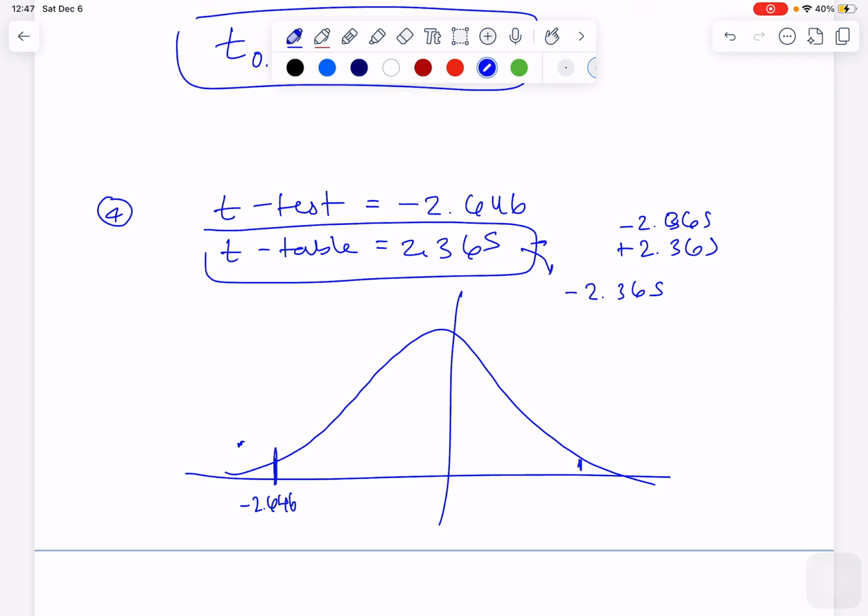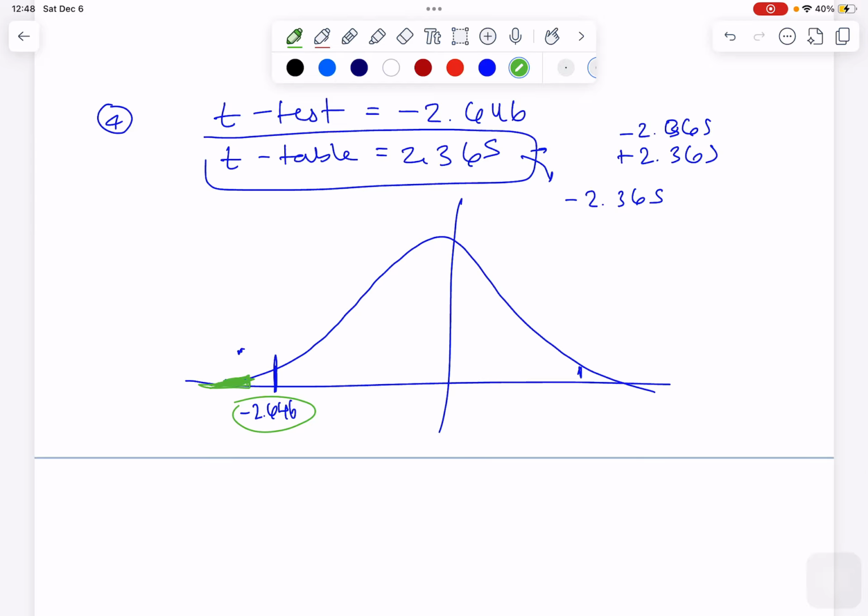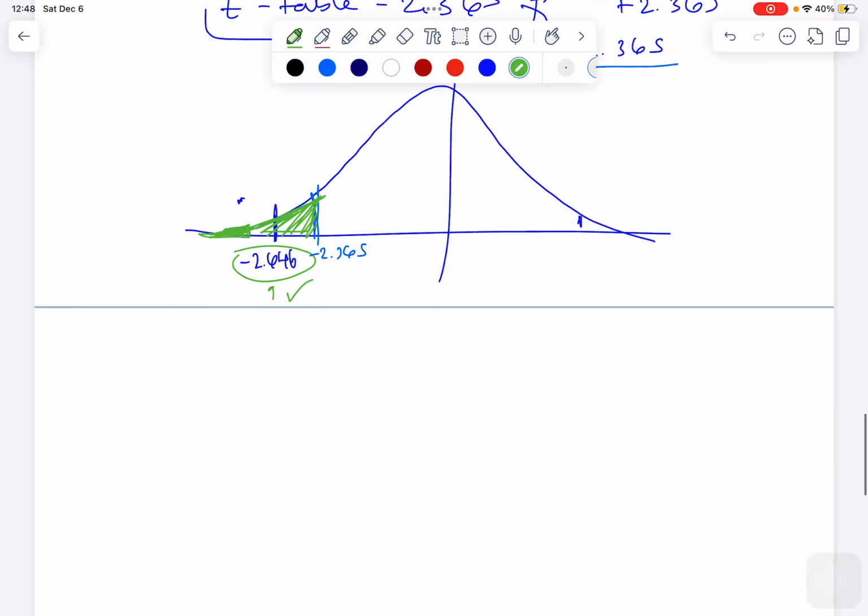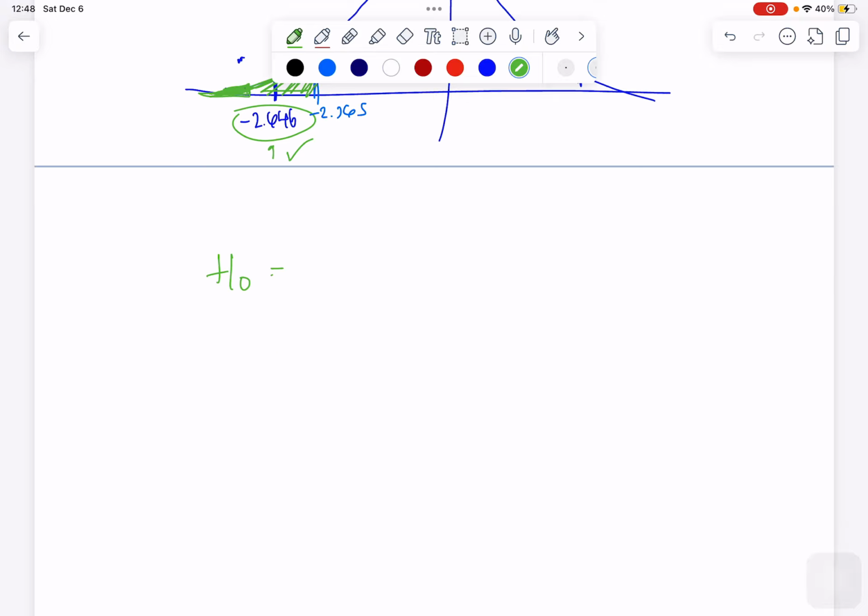Now our goal is for this value to be within this range, so we can say that this medication works, but if it didn't work it would be in this range, which is again the significance level. So now we want to compare it to the T table. The T table told us 2.365. 2.365 is somewhere here, negative 2.365. So if the T table says this whole area here, if the test value is in the green range, it means the medication is working. So what you could say is that the null hypothesis says the difference is 0, or in other words,